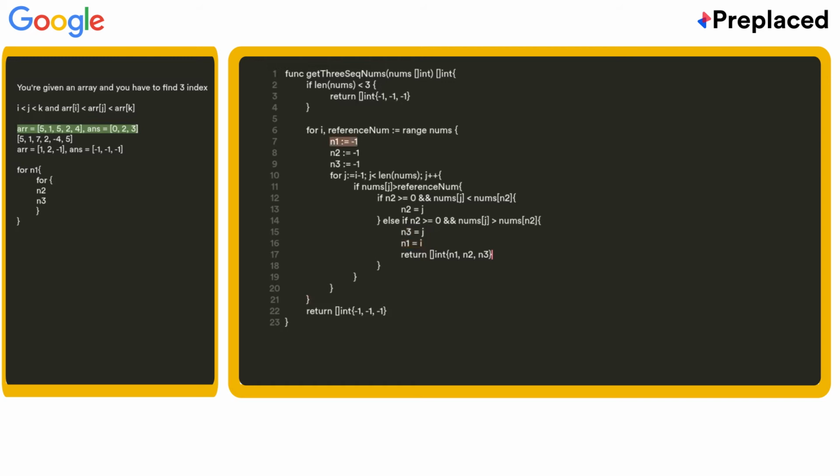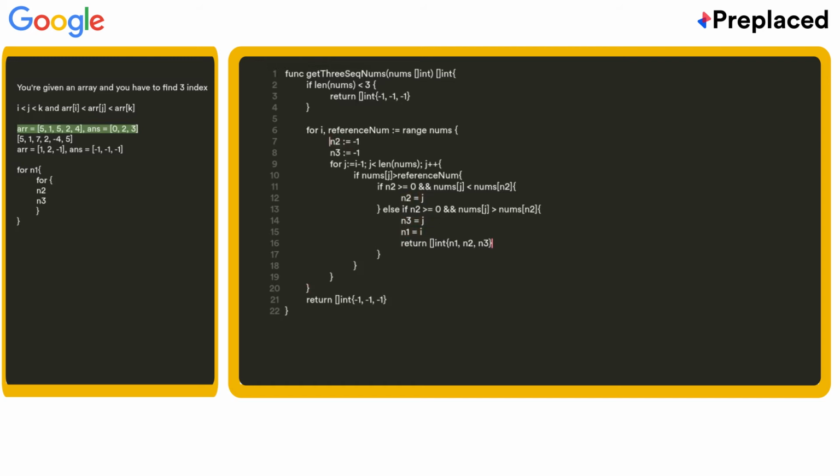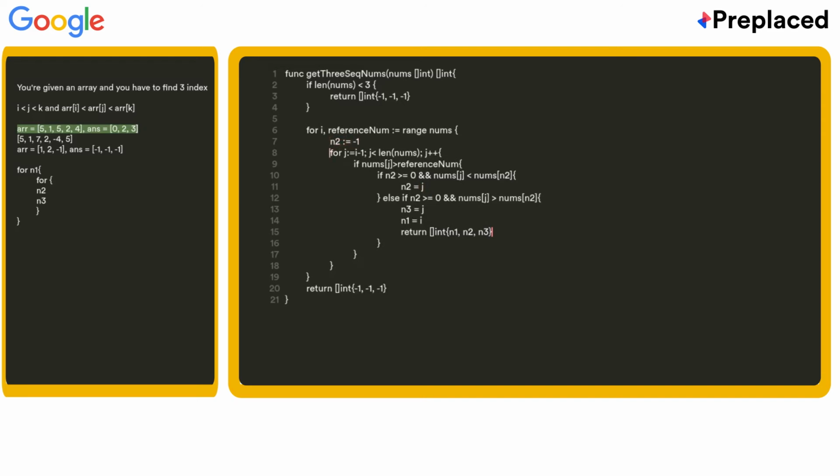You can just do away with N2 since that is the only one that we need to store. Okay. I can directly return my